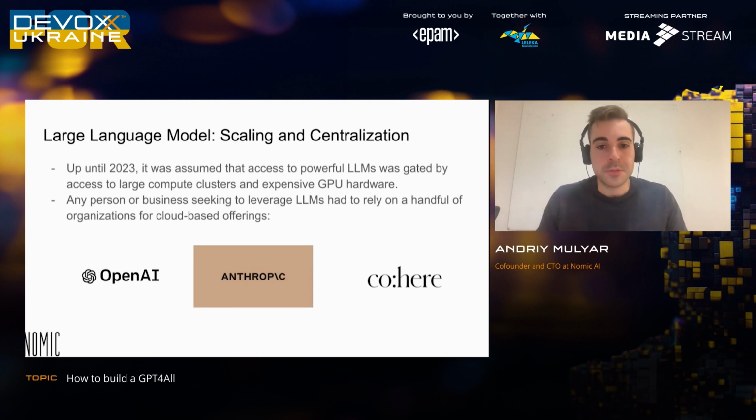I'm going to argue in this presentation that this is a terrible way for the world to go. Access to the world's most powerful machine learning systems should not be held behind closed doors, especially closed doors that are managed by a small group of people in some suburb of San Francisco.